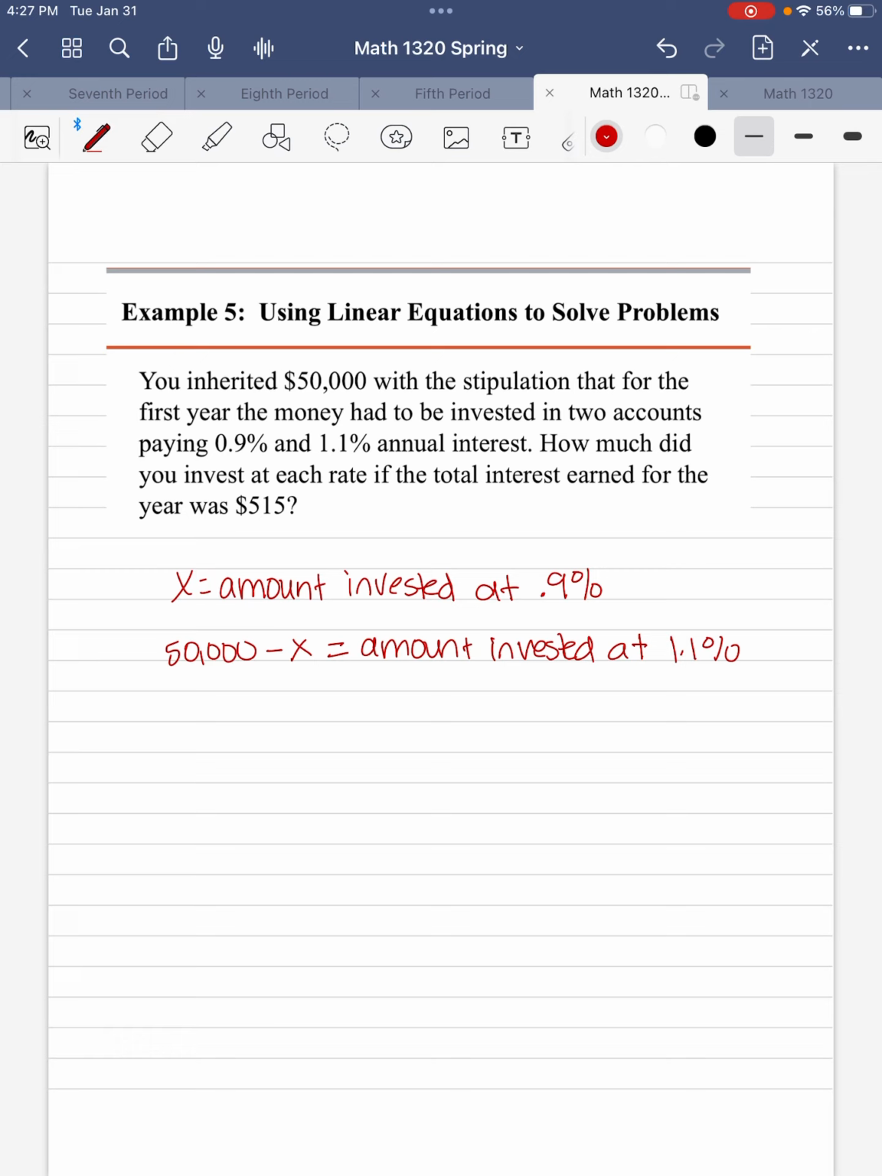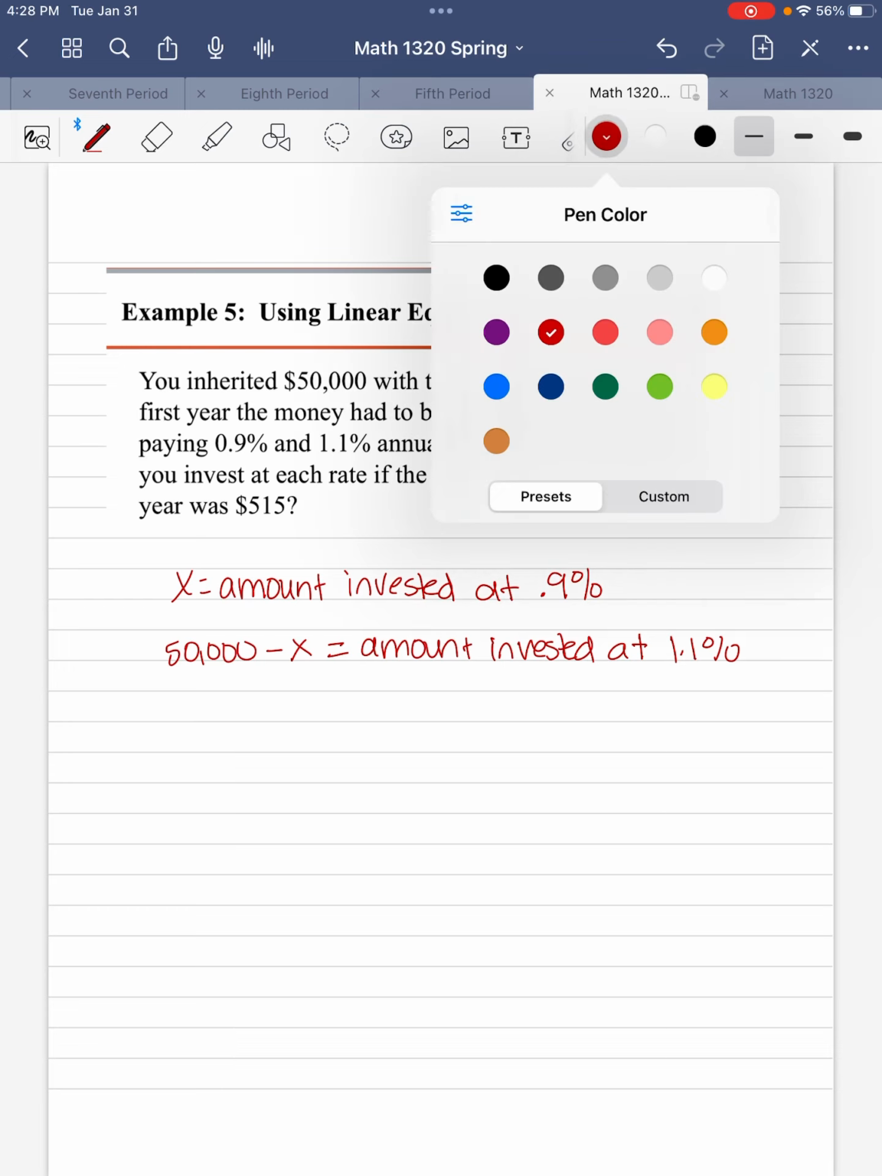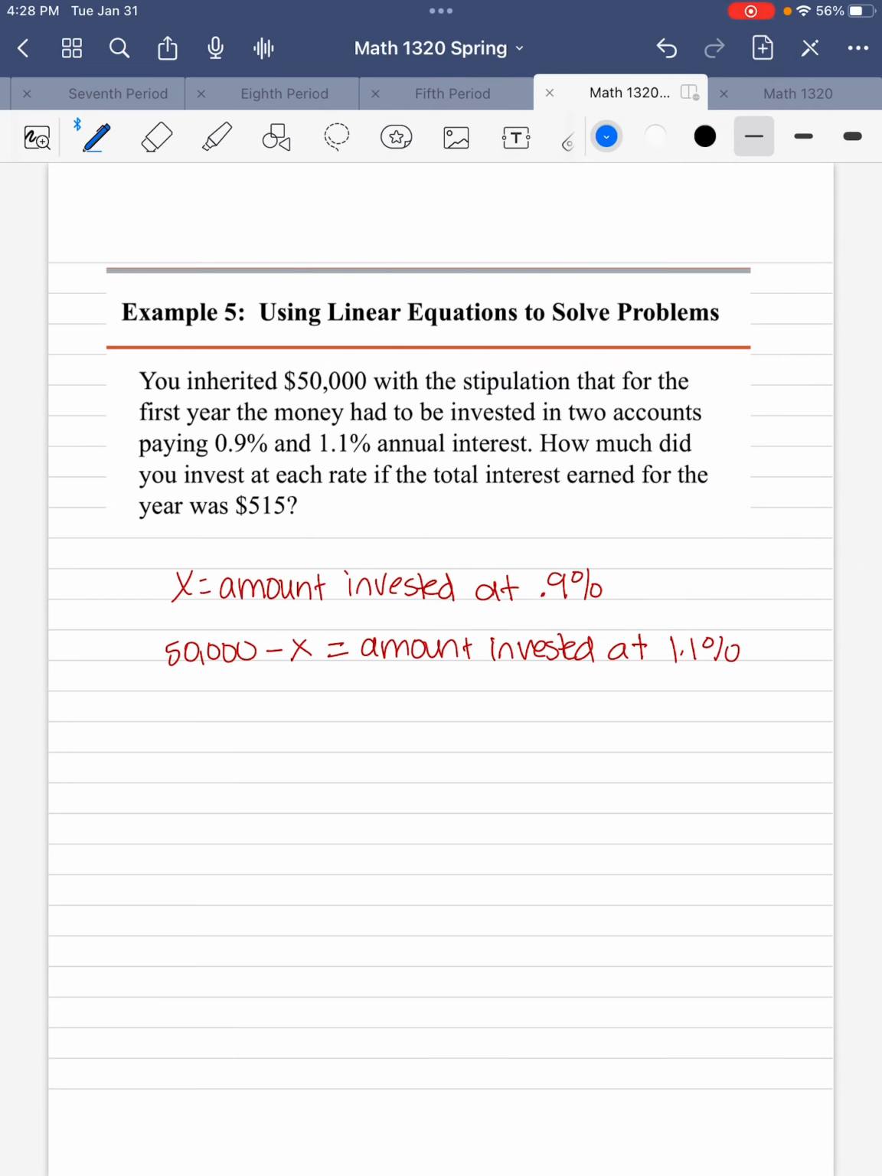We need to make the 0.9% a decimal, and we need to make the 1.1% a decimal, because right now they're in percent form. Let me change colors. So to make the 0.9 into a decimal, we move the decimal to the left 2 places. So it's 0.009, and same thing for this one, 0.011. Those are the numbers we want to use. So we're going to have